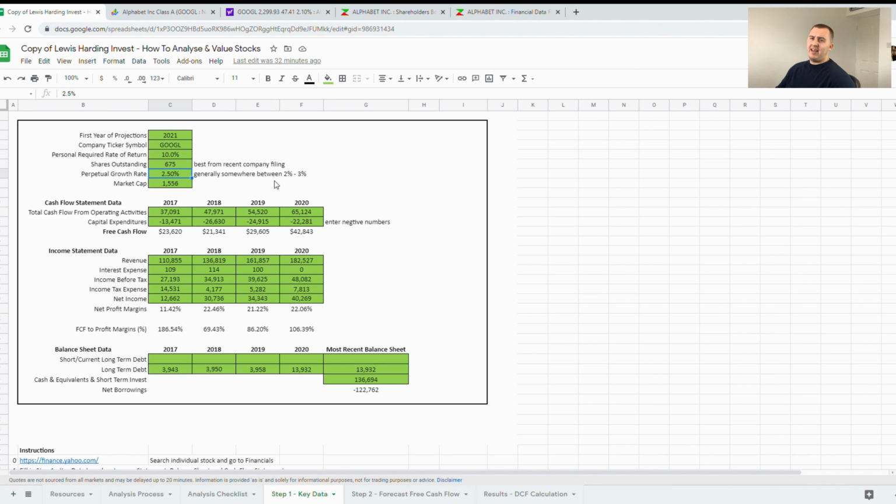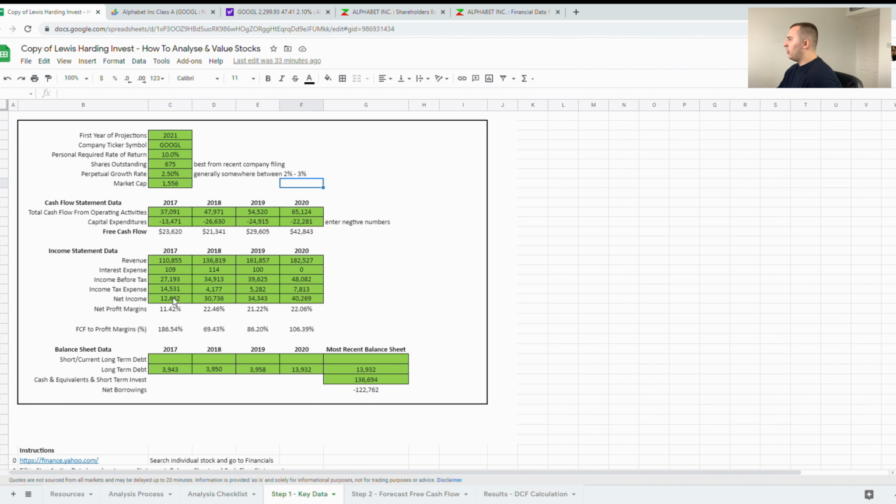Perpetual growth rate, essentially this is what rate you think the economy is going to grow at. All companies mature to a certain point and you assume that they are going to grow alongside the economy. So 2.5% is a decent figure to use for that. So let's go into the actual figures and where I get these from. This first step page is essentially a summary page, so you can have a quick overview of some of the figures. You don't have to fill it all in, but I think it is a really good way of overlooking the figures in a very simple format.